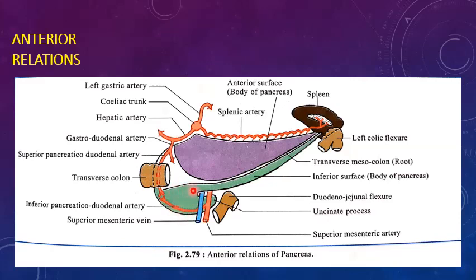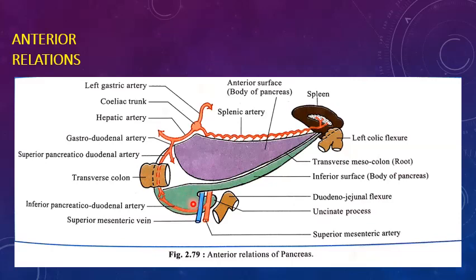And where from this peritoneum is coming? It is derived from the inferior layer of transverse mesocolon. So these two lines what you are seeing are representing the superior and inferior layers of transverse mesocolon. So this inferior surface of the head or lower part of the head, this is covered by peritoneum, and that peritoneum is derived from the inferior layer of transverse mesocolon.